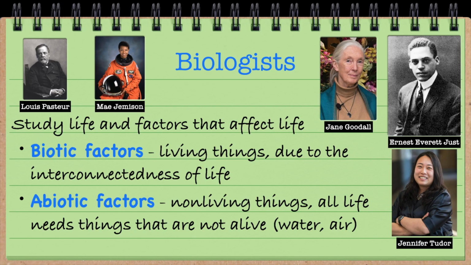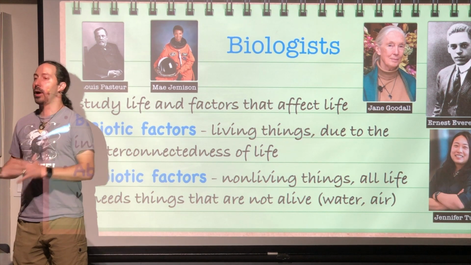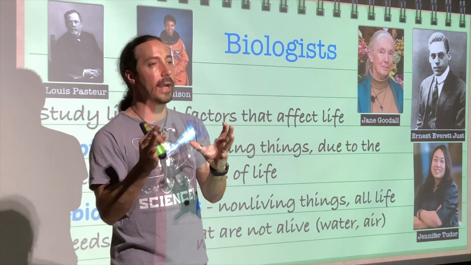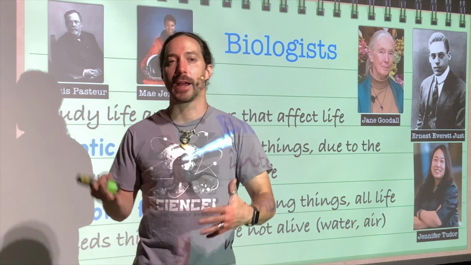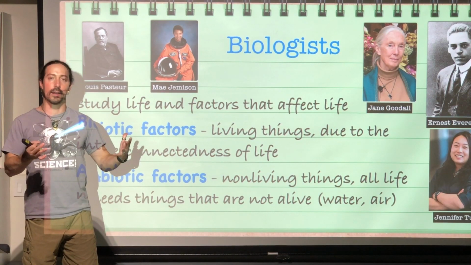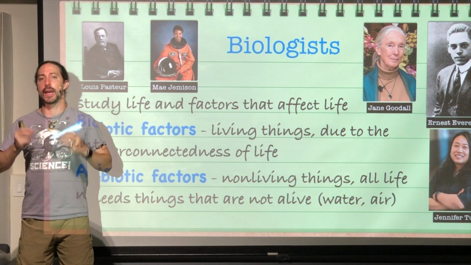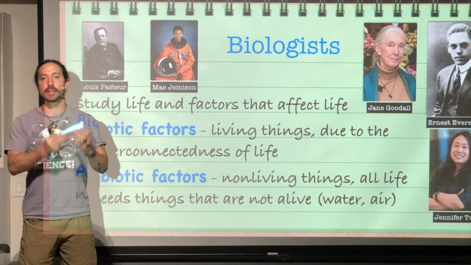So biologists, what do they study? Well, the first thing is they study life and the factors that affect life. What are those factors? Well, those factors come in two different flavors. They're either biotic factors or they are abiotic factors. Bio means life, so biotic factors are factors that are alive. Abiotic factors are factors that are not alive. So those are the two groups of factors that a biologist can study, all focused on how that affects something